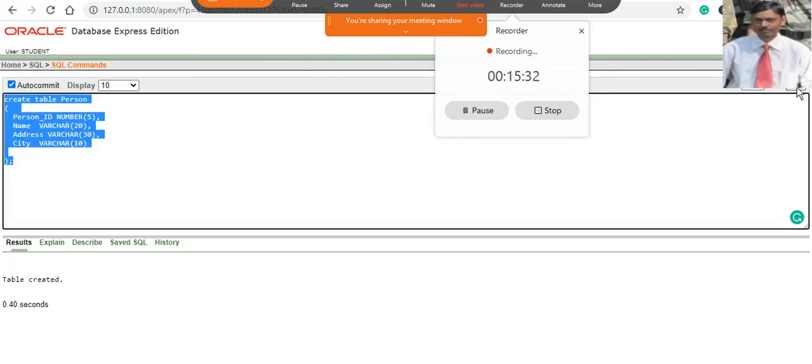Run it. Table created. Now the table is created. Now what you have to do is see how many tables are there. Now I am going to remove this query and execute the same command: select star from user_tables;